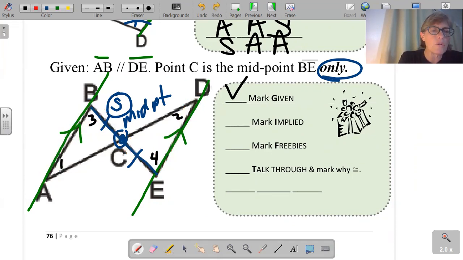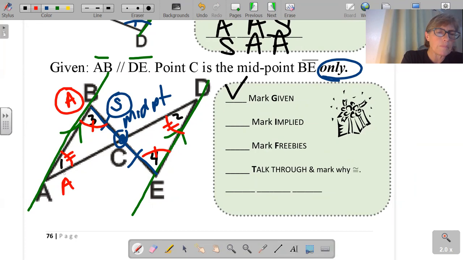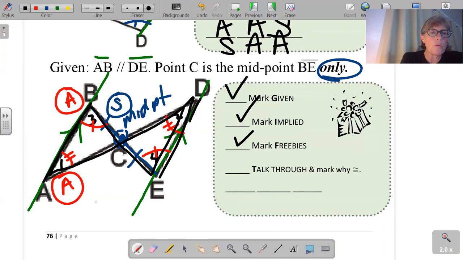So technically, angle 3 would be congruent to angle 4. And because of the parallel sides, you could also go this way, armpits of the Z. Angle 1 congruent to angle 2. Okay, so watch very carefully. Because of this, there's technically more than one shortcut going on here. If you just look at the armpits of the Z angles going this way and then going this way, we would be getting